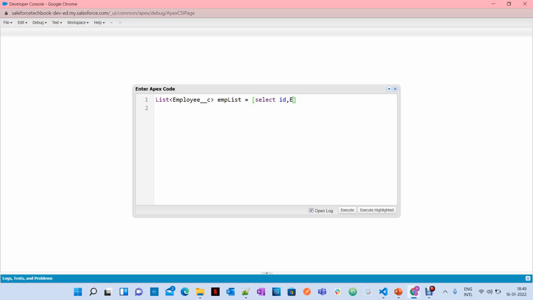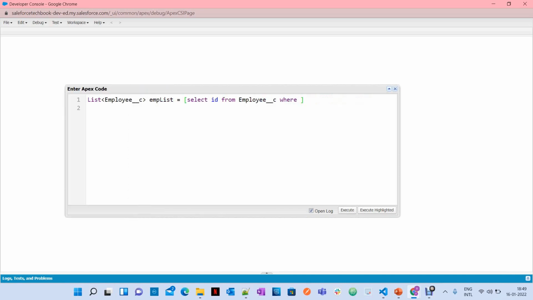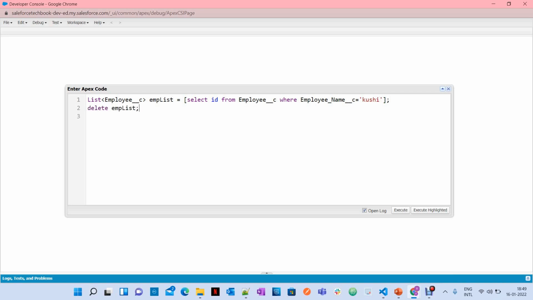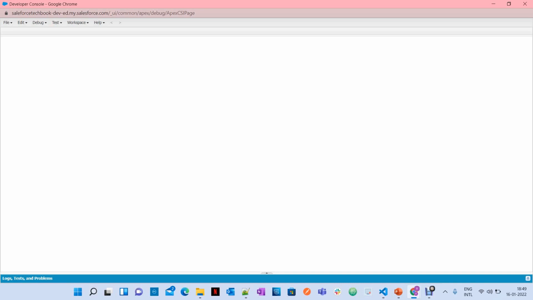You don't need any other fields to retrieve except Id while you are deleting. From Employee__c where Employee_Name__c equals Kushi. Now I'm going to apply the delete statement. Let's see what is going to happen. I'm trying to delete.